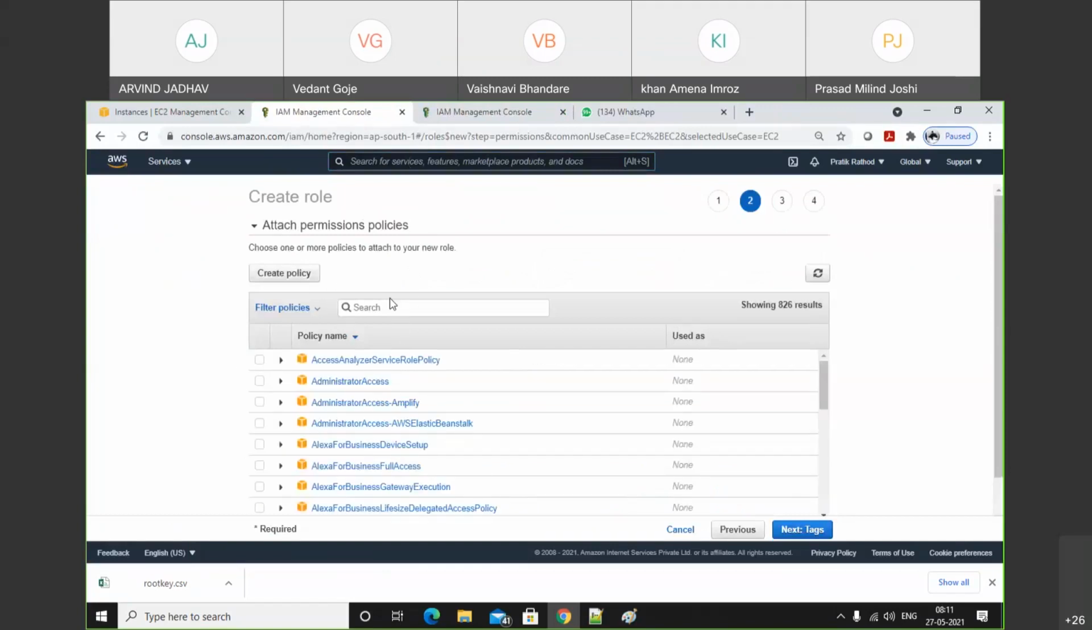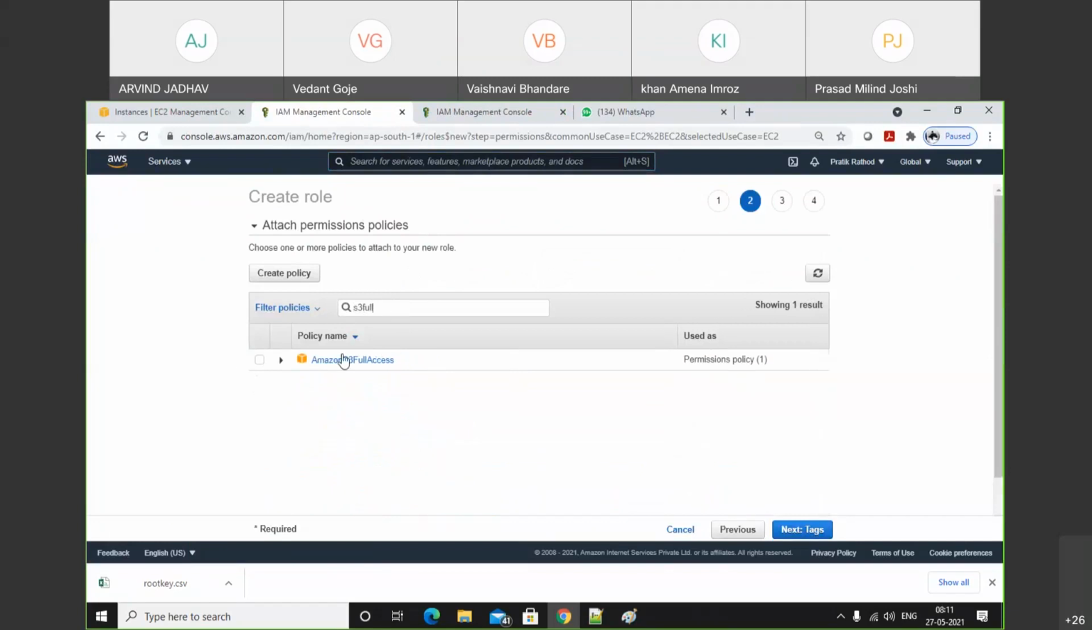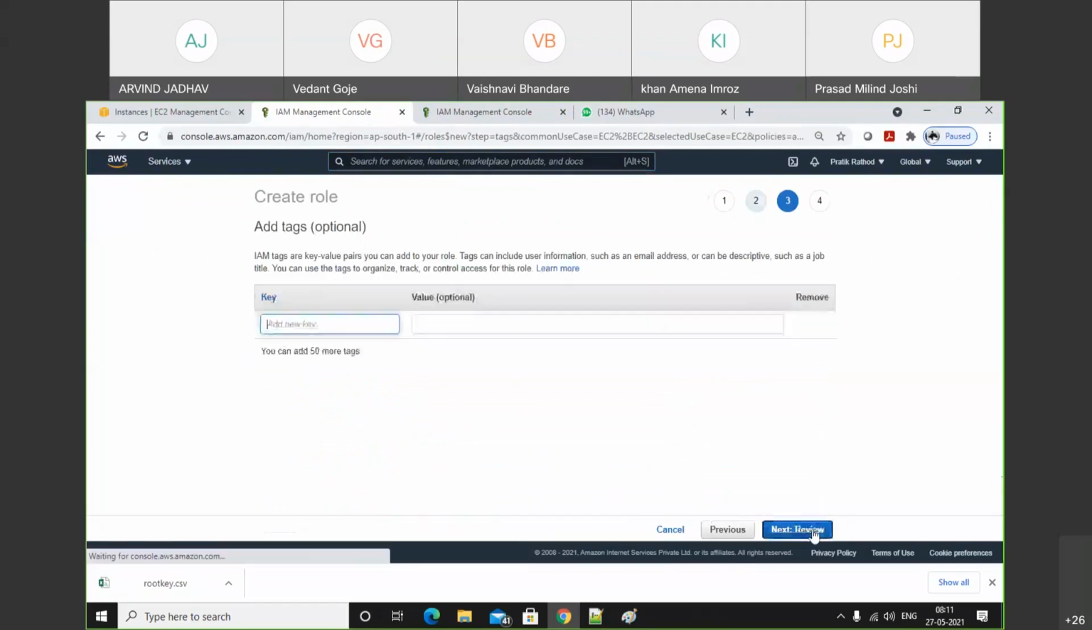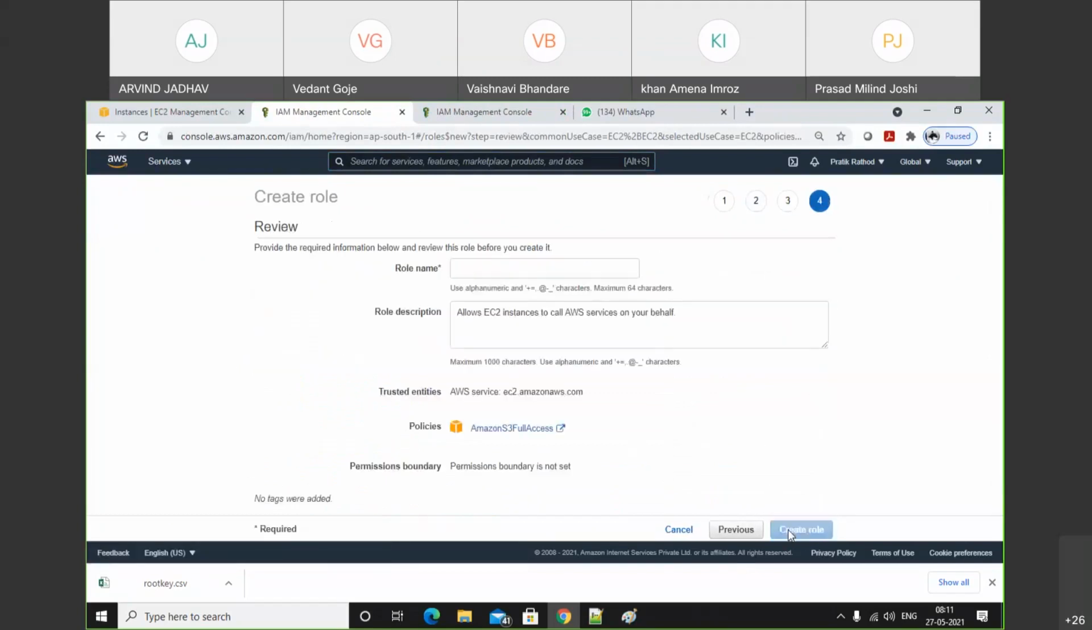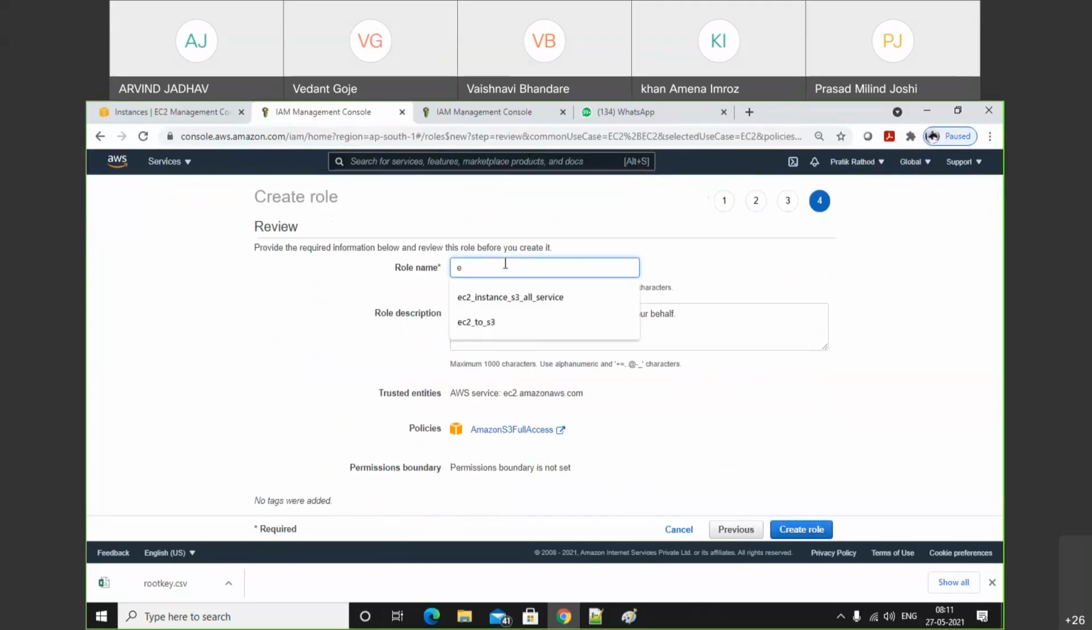Just EC2 instance, search. Before that, search. In the search section, type S3 full. Click on the destination as S3 full, Amazon S3 full access. Click on the next. Do not enter key and value. Here, enter the name. So here I will use EC2,